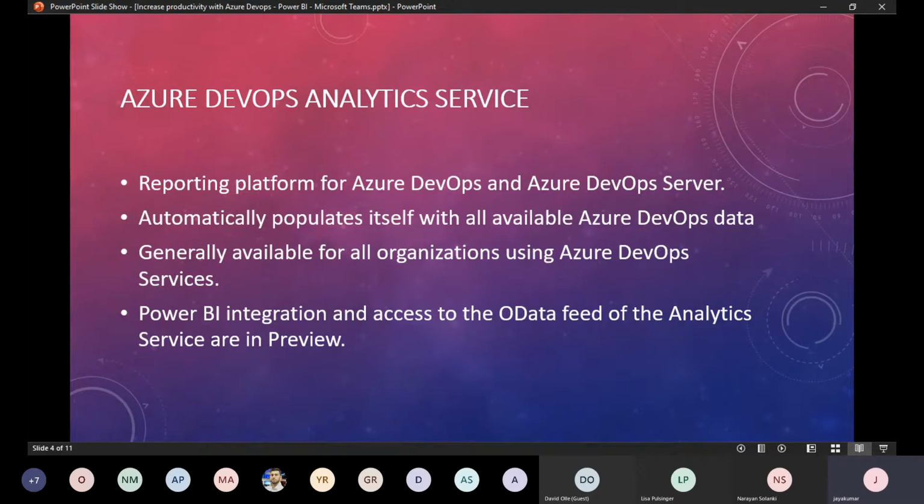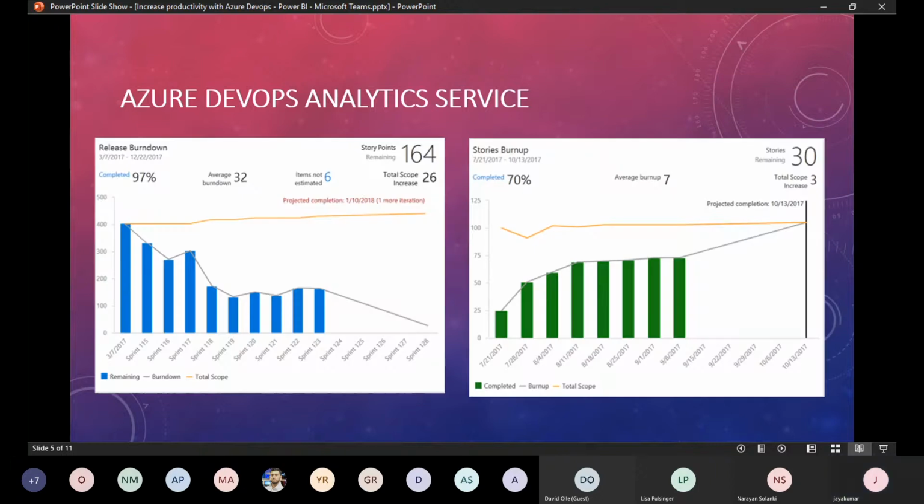So let's get on to how it's going to help us. In general, the Azure DevOps Analytics Service is a great tool to help run a project. Project managers will be able to easily get their burn down charts, cumulative flow charts, burn up charts, everything. How the process is moving on, what the task status is, how many tasks are processed on a day-to-day basis. This analytics service gives great intuitive reports.